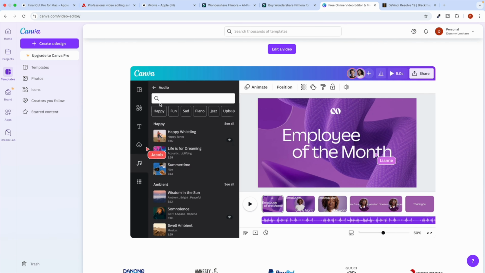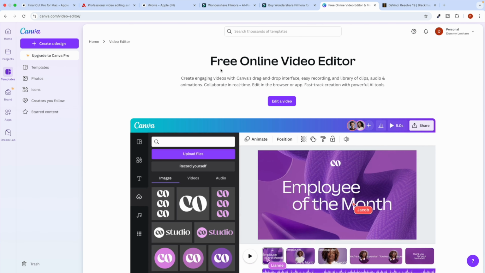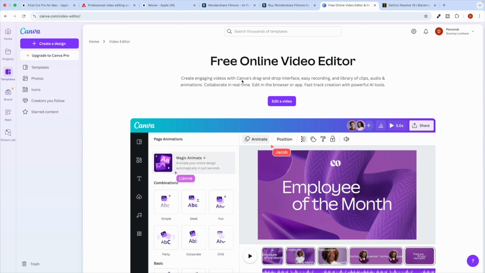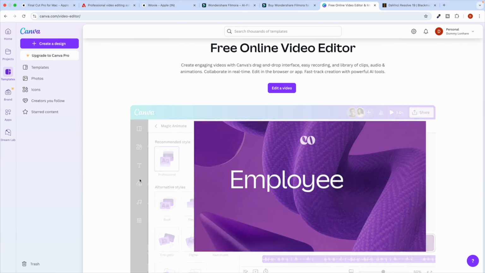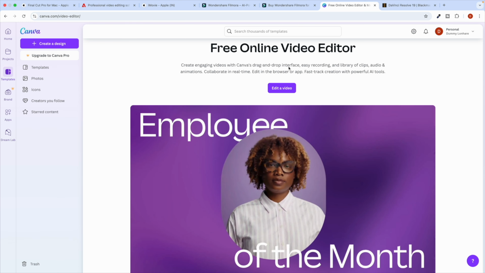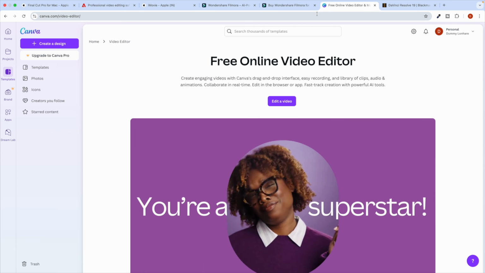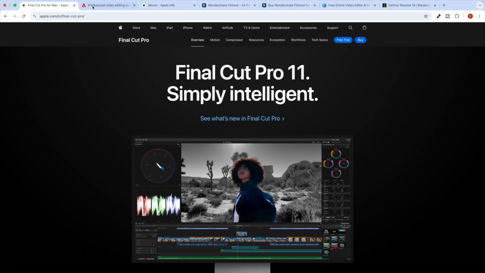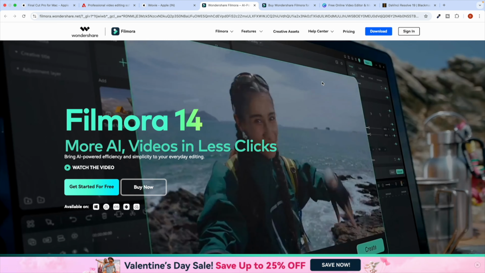If you are in a very poor condition, in that case you can go with Canva. But soon you will realize that you need to upgrade to use it, because the majority of the things get unlocked only with Canva Pro. Now, besides Final Cut Pro, Adobe, Filmora and so on,